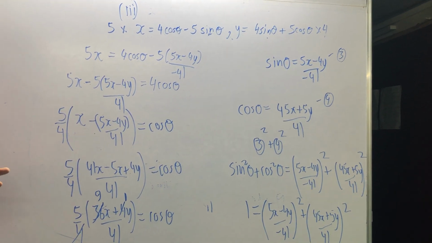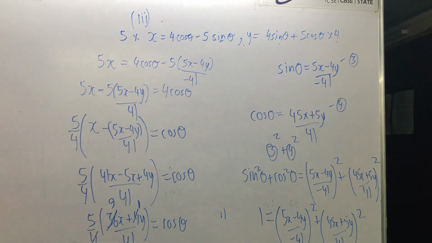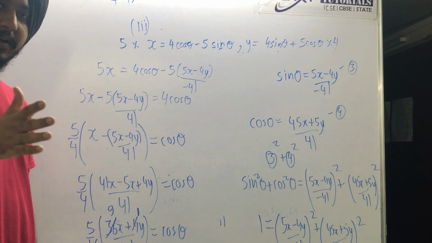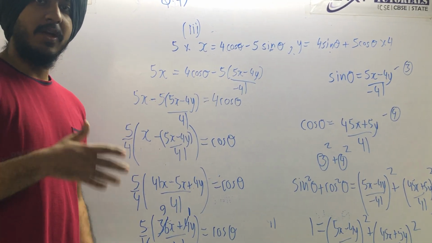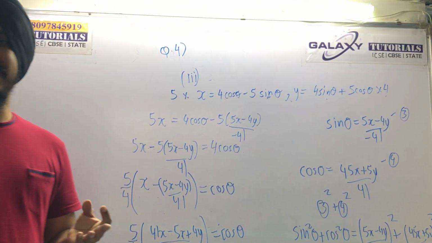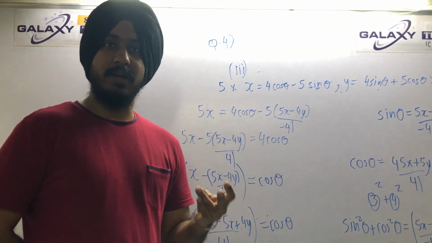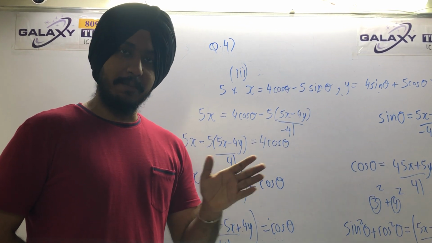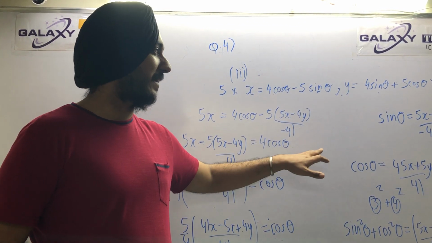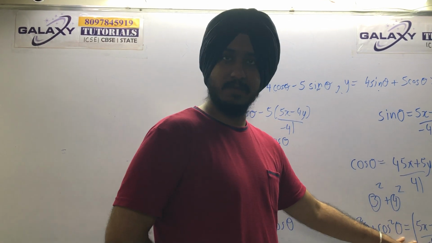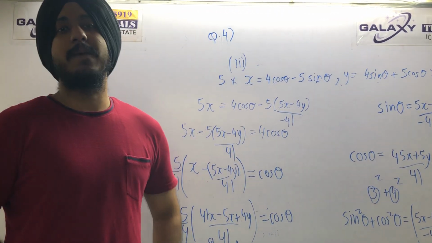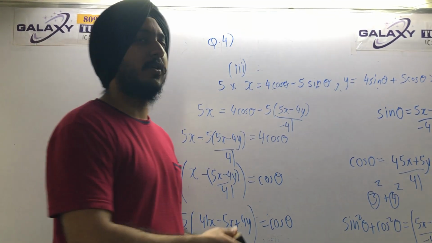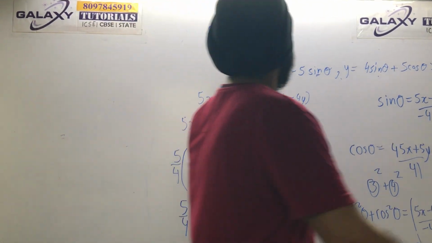So this was the third part. You just have to find the relation between the two trigonometric functions. In these types of questions you will either see sine and cos, or sec and tan, or cosec and cot. In all questions of this type, all you have to do is separate these trigonometric functions and use their respective identities. Like sine square theta plus cos square theta is equal to 1, secant square theta minus tan square theta is equal to 1, or cosec square theta minus cot square theta is equal to 1. I will rub this.